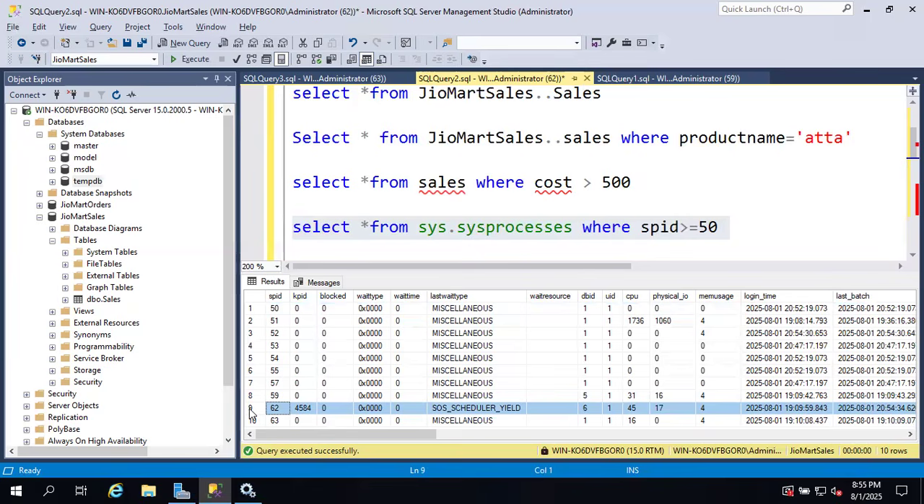Just to give you the example of where condition, I just used this view. Are we good, guys? If we are good, I'll show you how to create the tables and insert the records